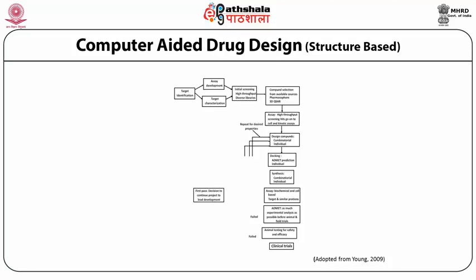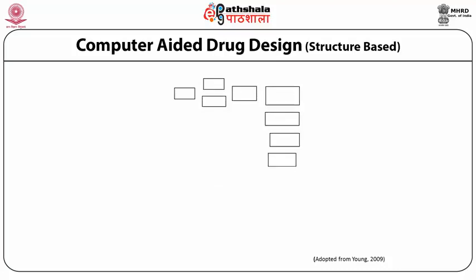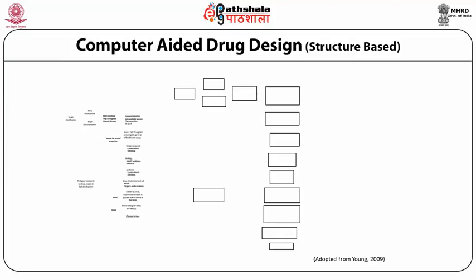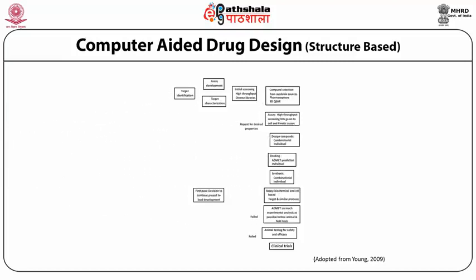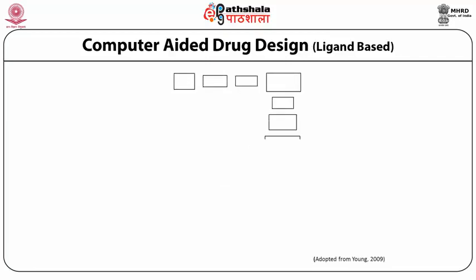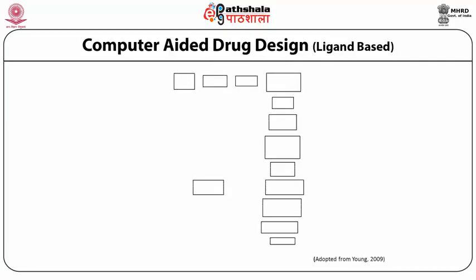That is the molecule which is supposed to be the prodrug. Anyway, at any stage, if a drug fails, or a prodrug fails, or a molecule fails, it has to go back and has to be designed in silico again. It's an iterative process. The ligand-based drug design is where we have got the idea about some ligands showing some physiological or therapeutic properties.